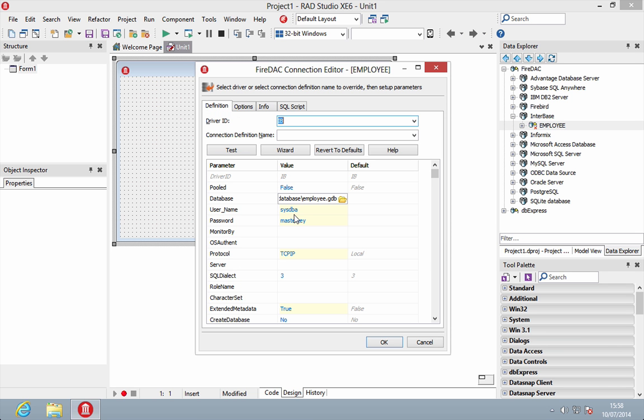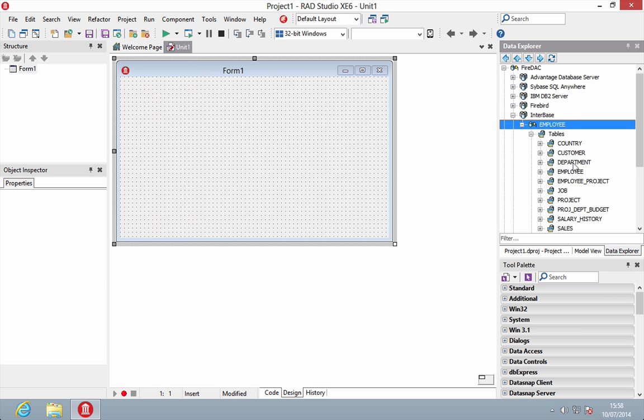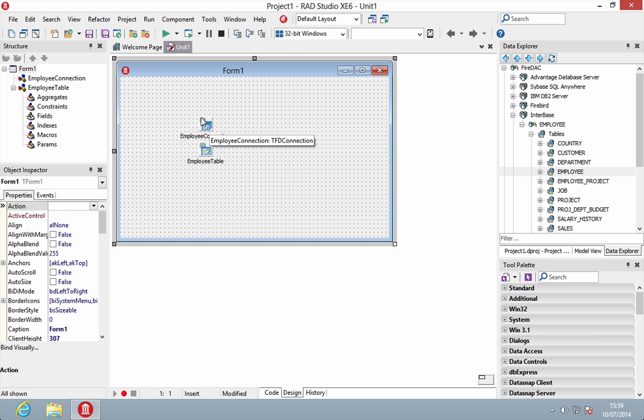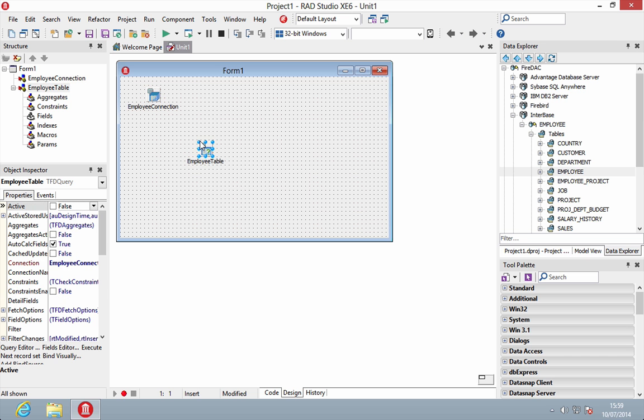So that allows us just to test the connection, make sure everything is set up and ready and okay. Now if we hit OK from here, we can literally just take the employee table and drag it onto our form. What that has done is add to our application the FD connection, all configured and ready to go, using the configuration of the Data Explorer. But also, traditionally, it would add on a table, which is great, pointing at the employees table, but not particularly